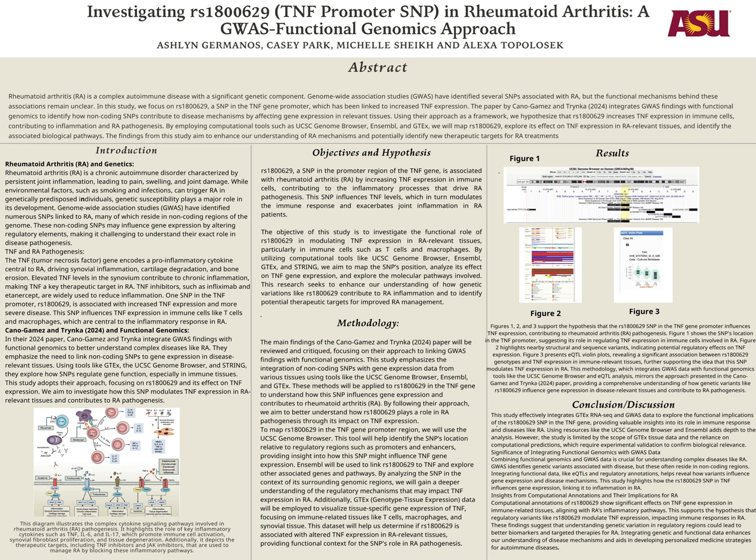Figure 3 presents eQTL violin plots, showing a strong correlation between RS1800629 genotypes and TNF expression levels, with certain genotypes linked to higher expression. These findings support the hypothesis that RS1800629 impacts TNF expression in immune tissues, contributing to inflammatory processes in rheumatoid arthritis. This analysis builds on the 2024 study, leveraging eQTL and GWAS data to connect genetic variants